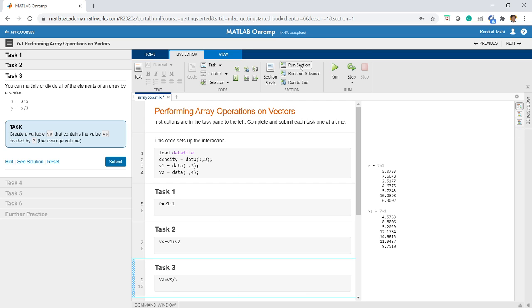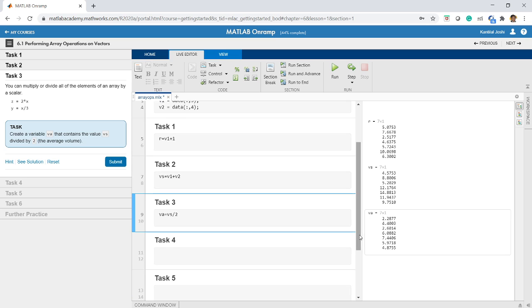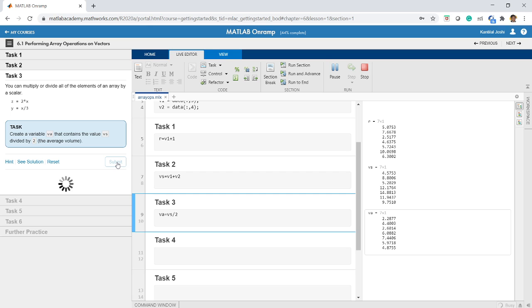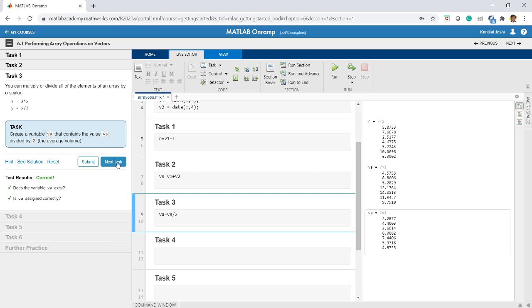I'll run this section and you see that all the elements of vs are divided by 2. For example, the last one was 9.5710. If you divide it by 2, you get 4.8755. So this way you can multiply or divide by a scalar. Scalar means a single number, right? So let us submit this and move on to the next task.